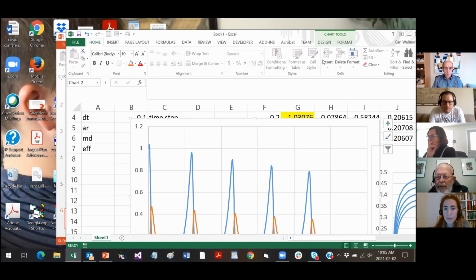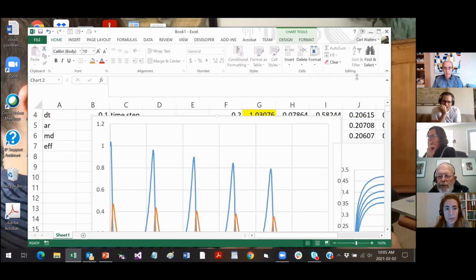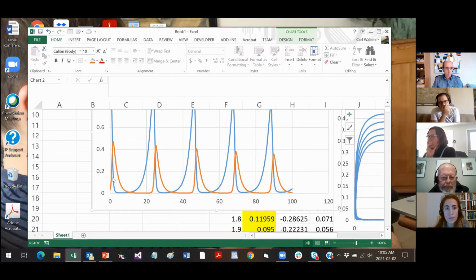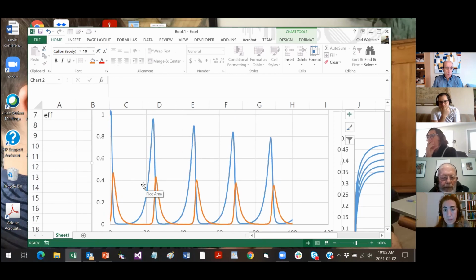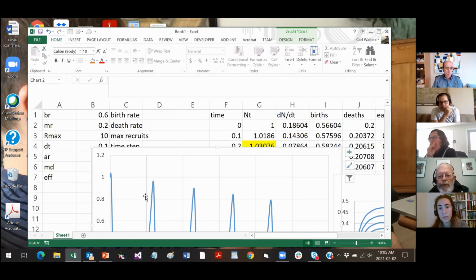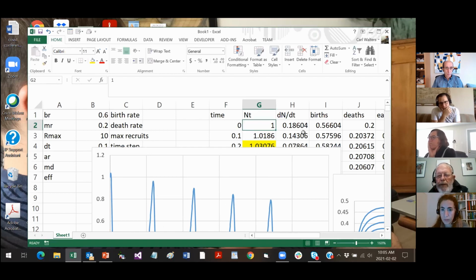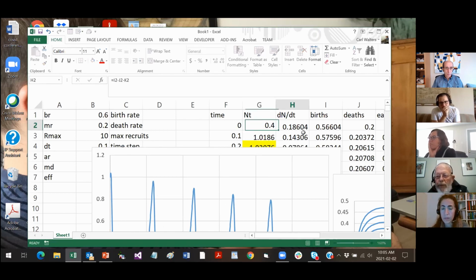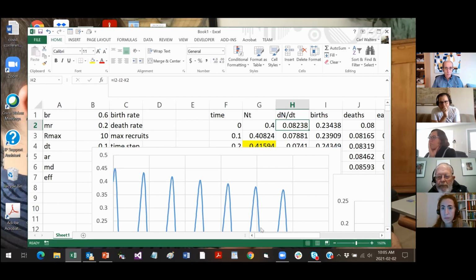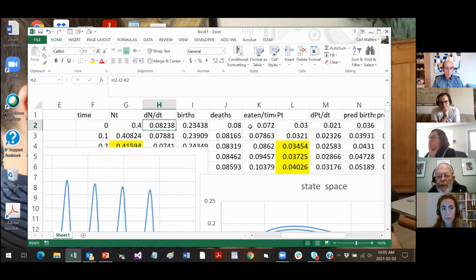Now, if I change my initial numbers to be near the middle of the cycle, with prey numbers cycling around an average of 0.2 or 0.3, something like 0.4, and predators around 0.2, if I start down near that equilibrium, say 0.2 for prey and around 0.2 for predators,